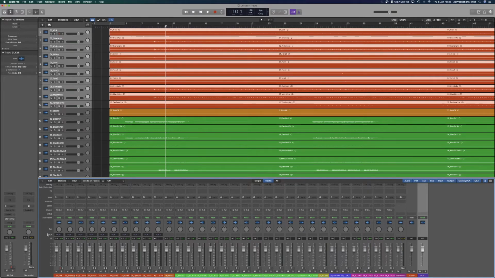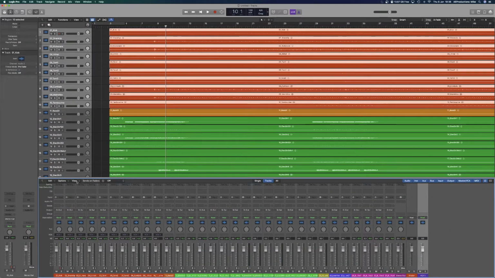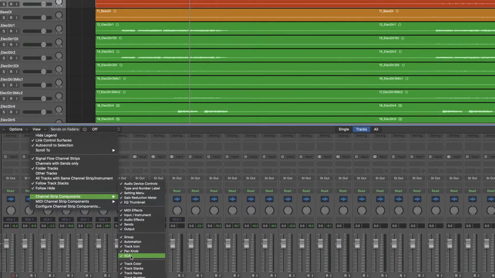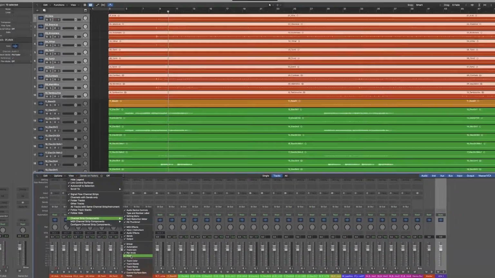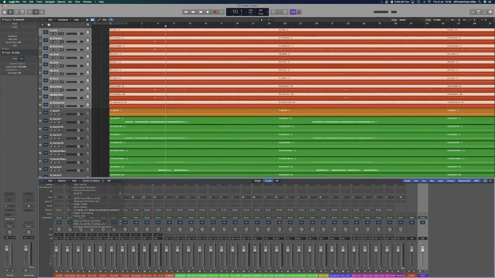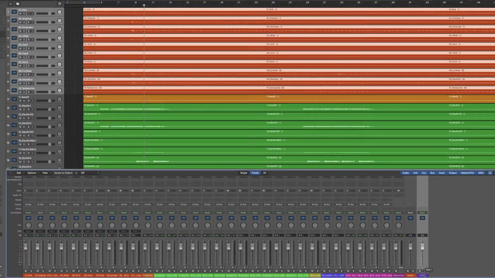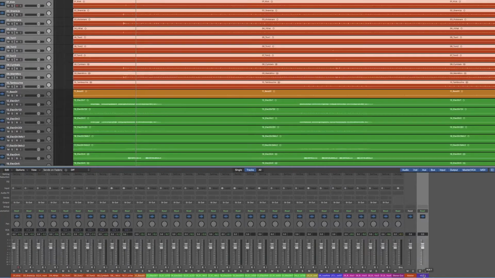Now, if you don't see VCA here pop up, what you need to do is go to View, you need to go to Channel Strip Components, and make sure that it's ticked on. Sometimes Logic by default does not have it turned on, so make sure that you've got it on at this stage now, or everything I'm saying is not going to make any sense. Logic always creates like auxiliary tracks, which is kind of what this is. Not really, it is a VCA, but you could see it as an auxiliary track as well